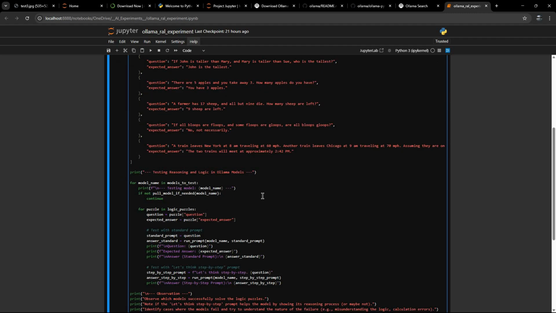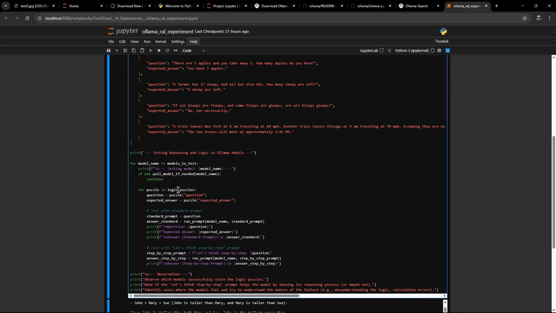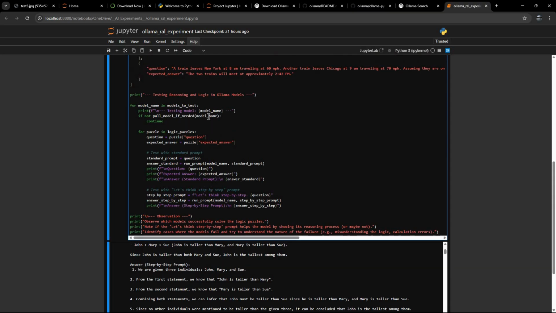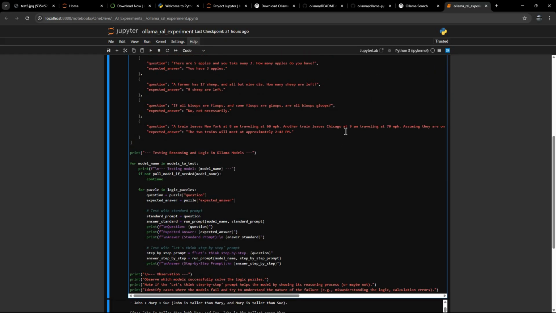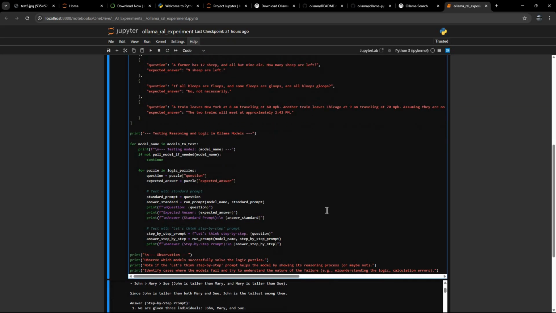And as you can see down here, we're just going to iterate through the models to test, and within the models to test, we're going to iterate through the logic puzzles. So we have a question, we have an expected answer, and as you can see, after we've pulled down the appropriate model, and we're going to be testing it, we're going to go through and